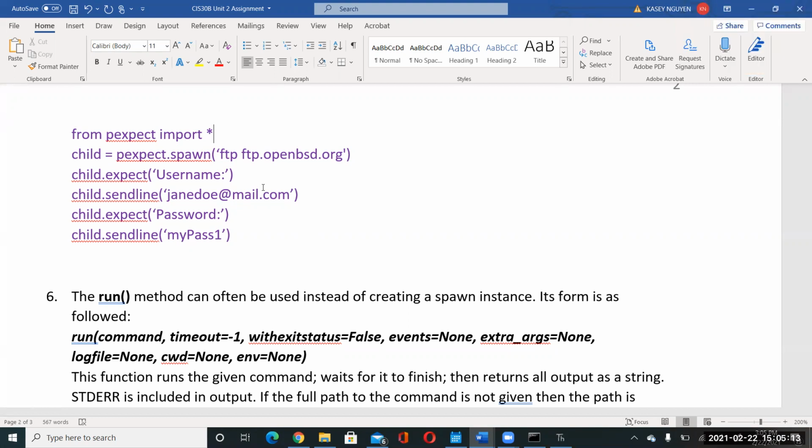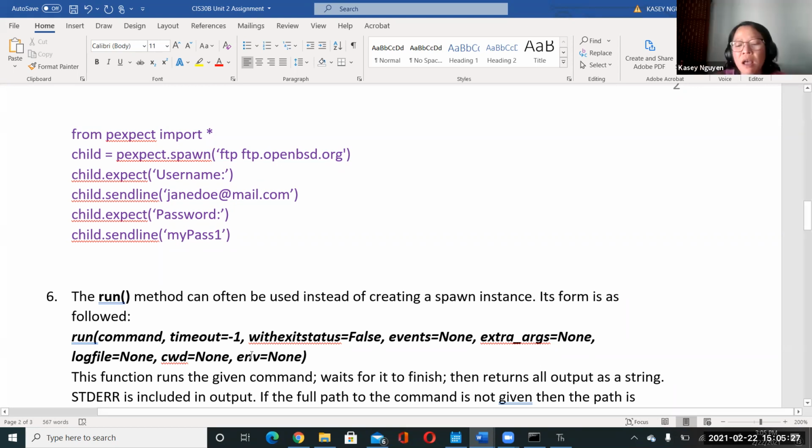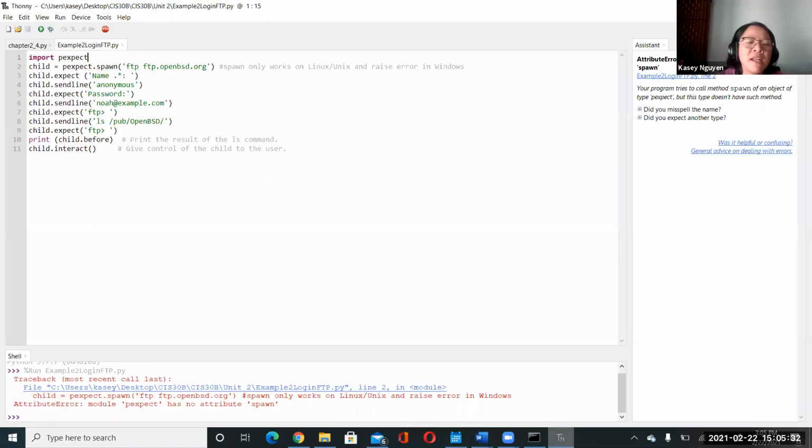In order for us to check this code, we have to have the Kali Linux virtual machine up and running. No, you don't have to use Kali. You can use Ubuntu. Yeah, spawn will only work with Linux. Because you saw how I ran the code, it's going to throw an error for spawn because spawn doesn't work with Windows. Okay, makes sense. Yep. If you have Kali, make sure that you use Python 3 with Kali and then run it. You can use it through shell. Okay.